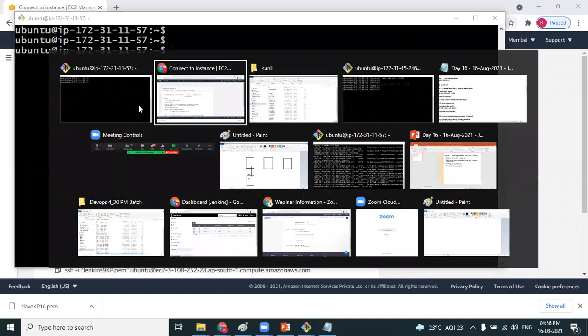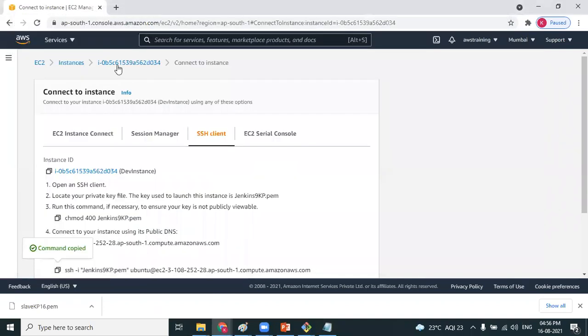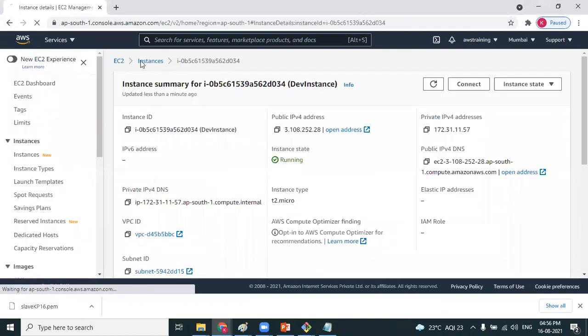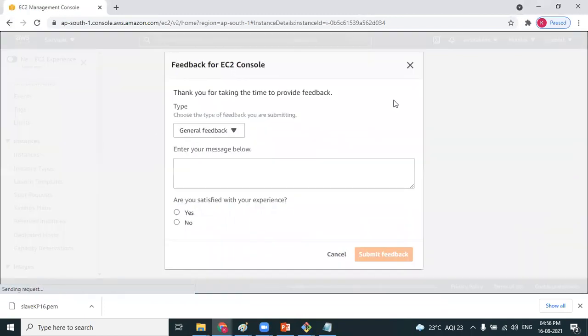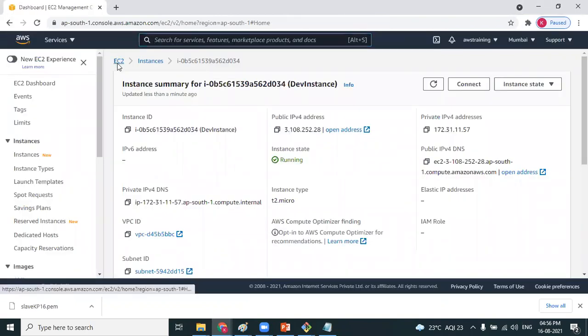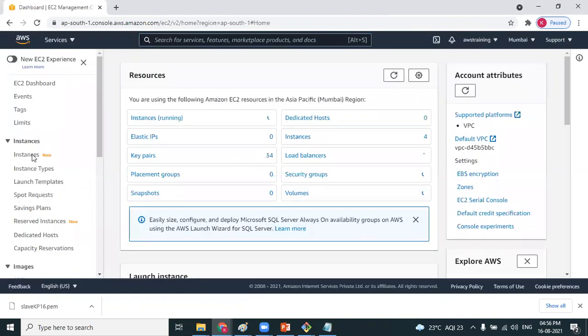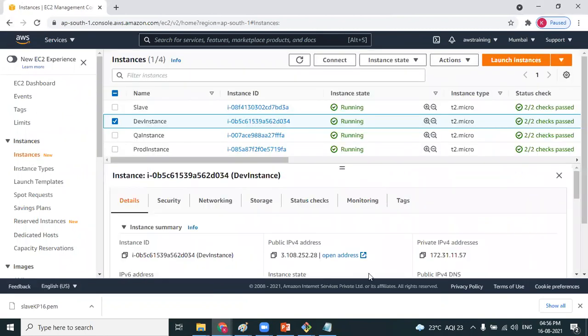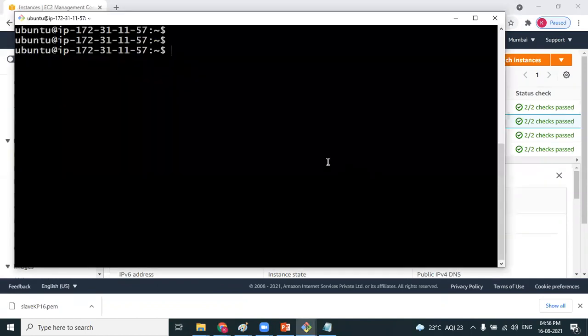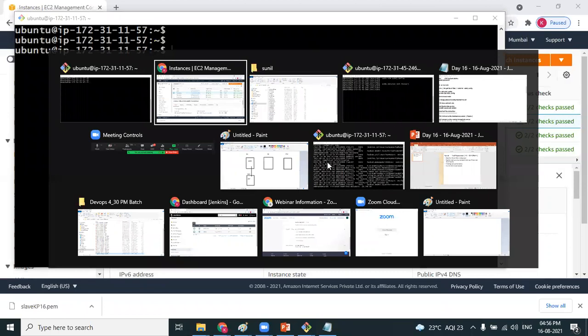Observe the dev machine IP address is ending with 57. Right now I'm in the dev machine.